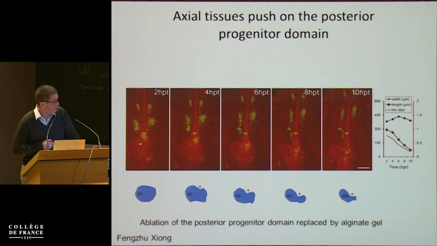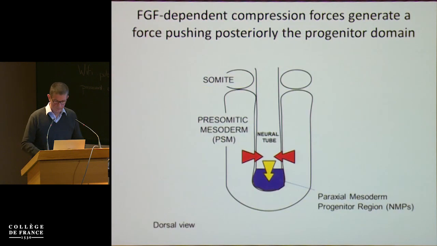And then he tested this idea using the same approach, that is, to graft an alginate gel in place of the posterior growth zone. And what he sees is a very different behavior from when you put the alginate gel a bit higher, because here you see an indentation into the gel that suggests a posterior push of the axial organs into the terminal growth zone. And so what this experiment suggests is that the posterior compression results in a squeezing of the axial organs